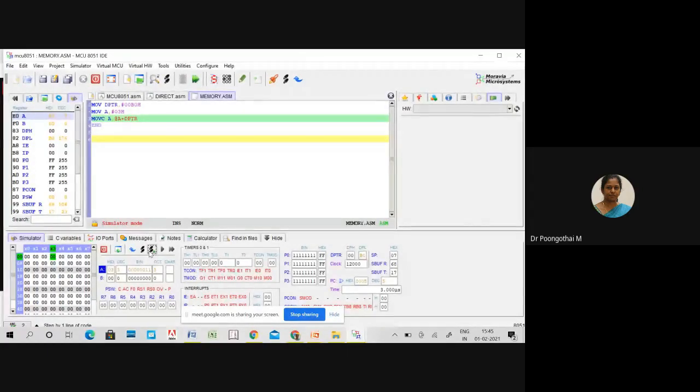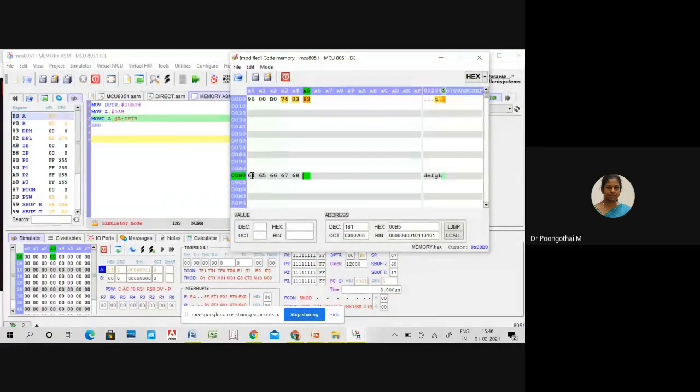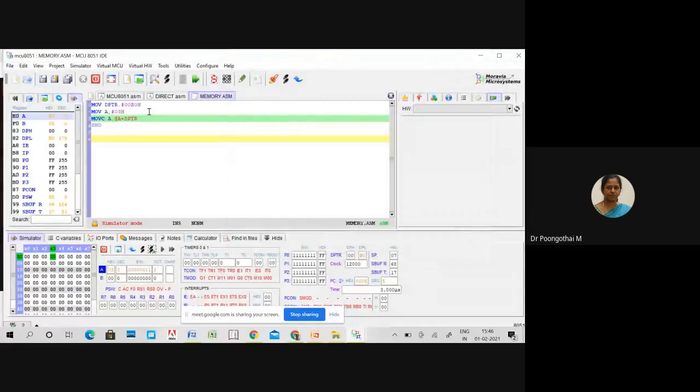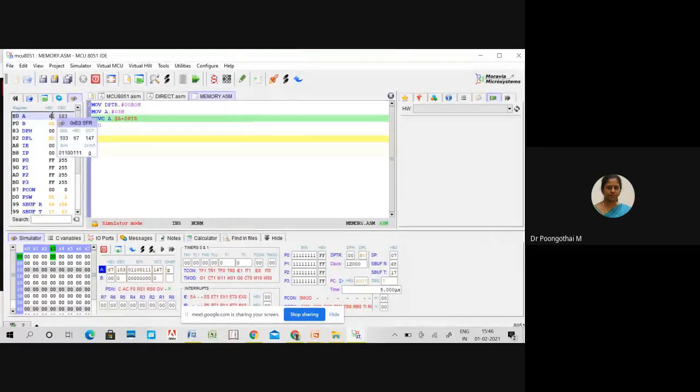So the new address will be calculated. The new address is 00B3. So what is the content of 00B3? This is B0, B1, B2, B3. So is it 66, sorry, 67 or 66? It is 67. So now 67 is transferred into the accumulator.